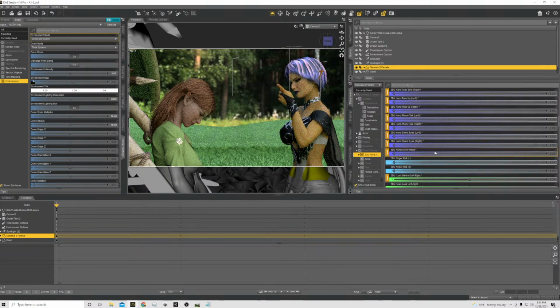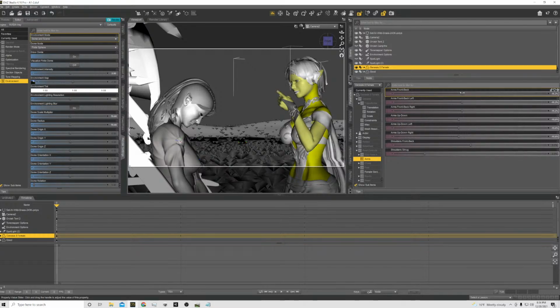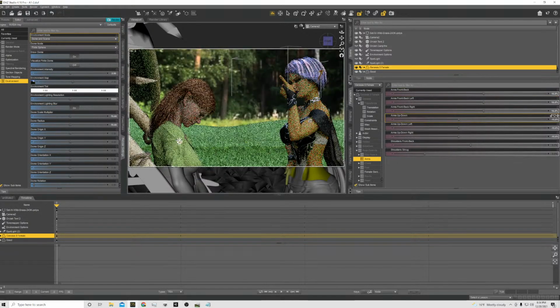Cheek. We want her hand to go closer to her cheek. So we don't want any of those. Back, arms front, back. Let's see. And no, we're just gonna have to go to